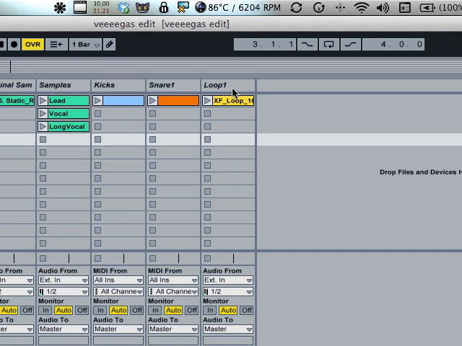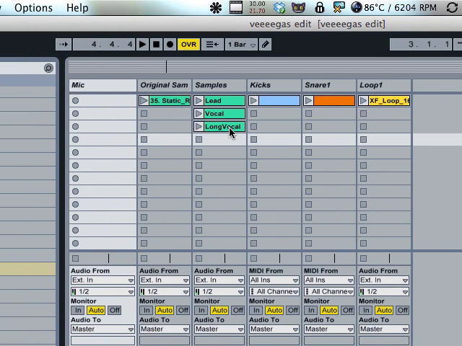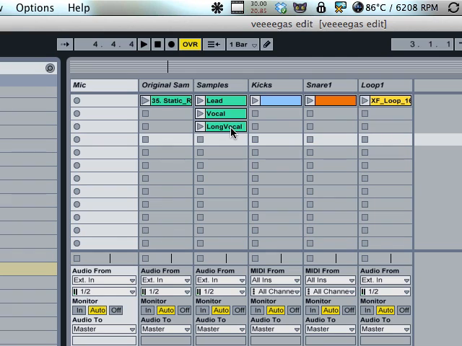Now, as you may have noticed, we've only got 6 little things. We can't build the whole track from 6 little things. But sometimes you need to start thinking about